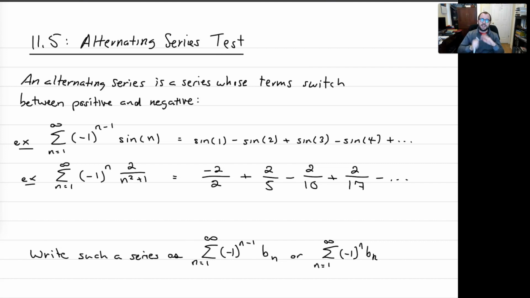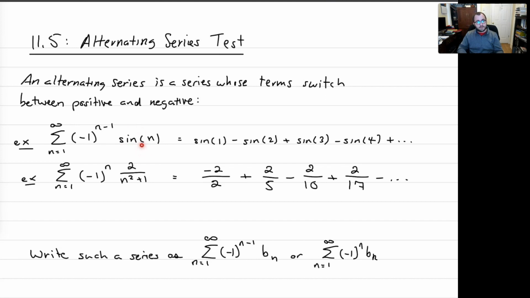Let's look today at another type of series, in particular alternating series, and test them for convergence or divergence. Quite simply, an alternating series is a series whose terms alternate between positive and negative. I've got two examples up on the board here right now. The first example,